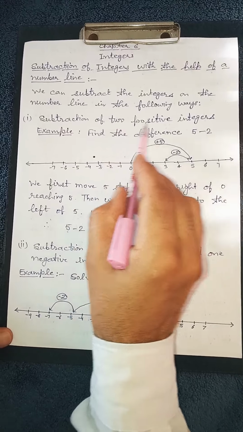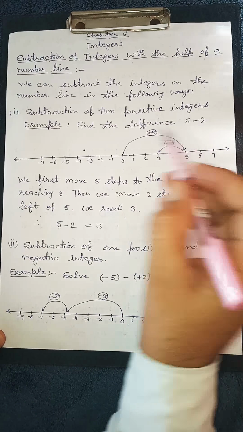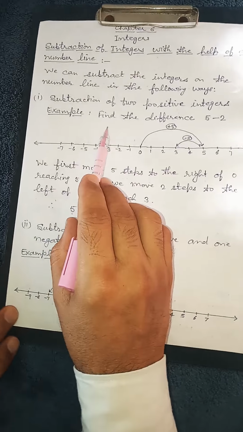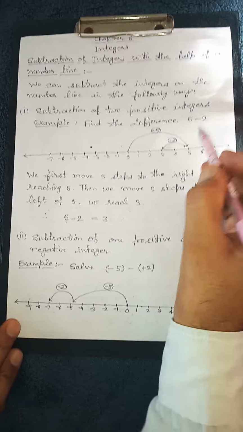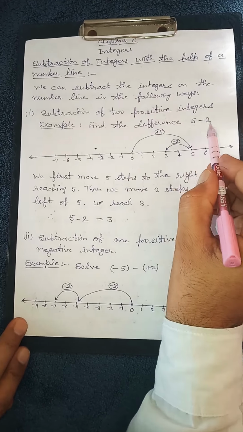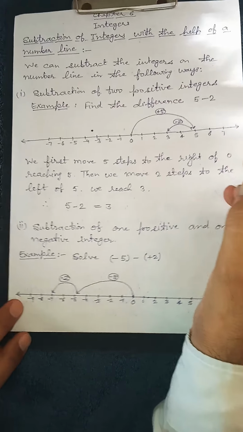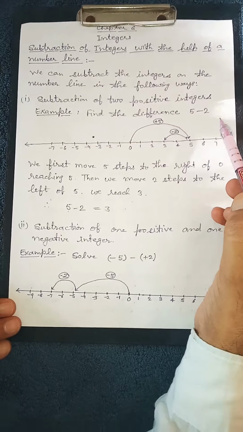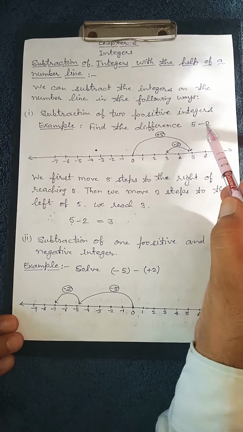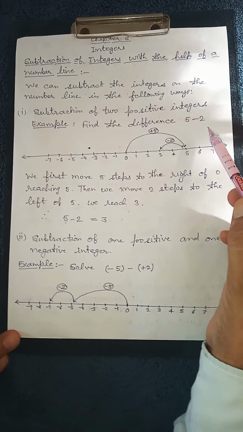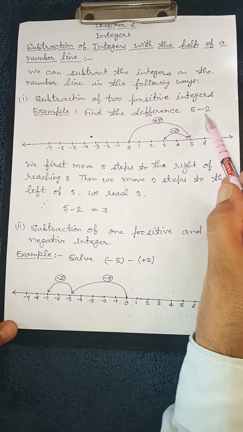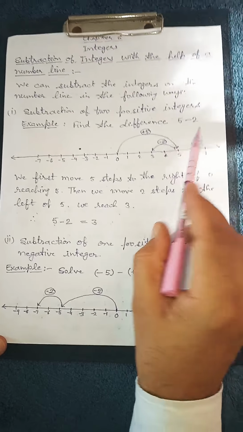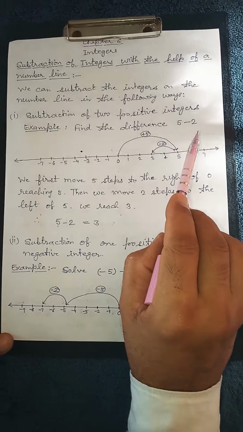Subtraction of two positive integers. To understand this, let's take an example. Find the difference 5 minus 2. Students, please learn, when we subtract a number or integer from the other integer, we just add the additive inverse of the integer to be subtracted. It means here